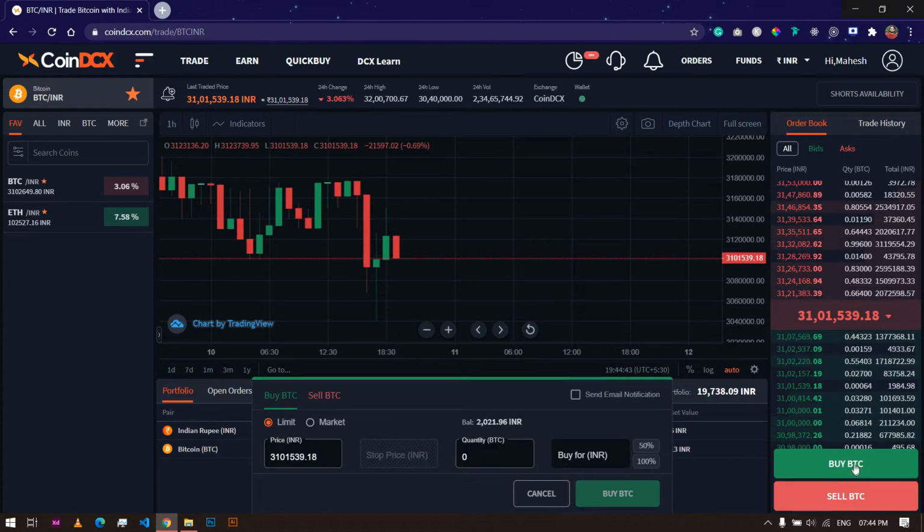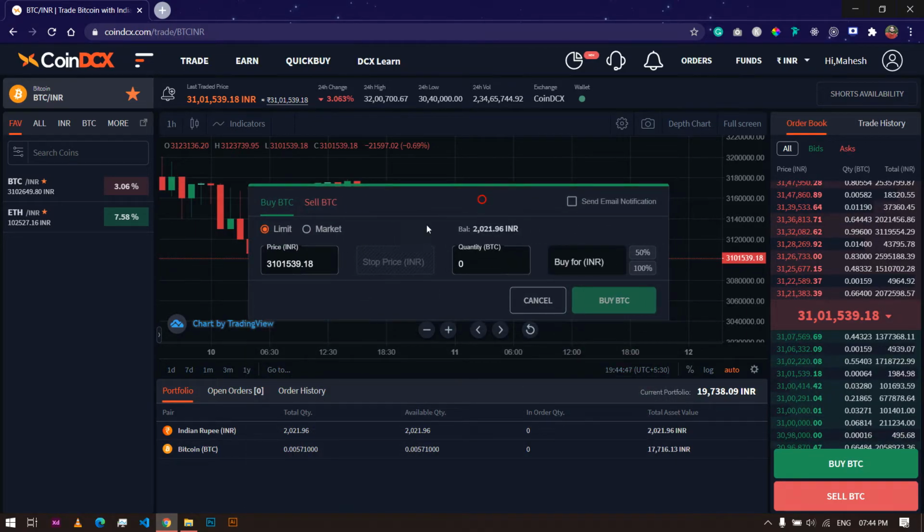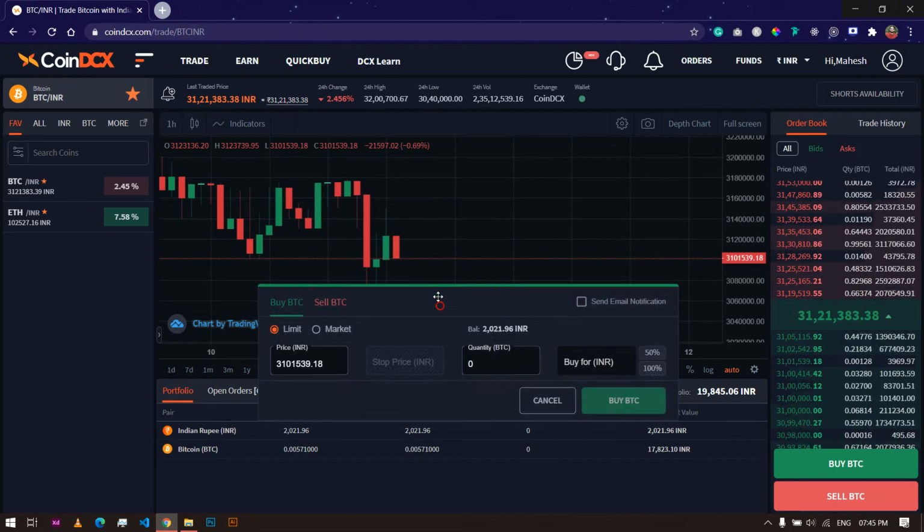So I clicked on buy BTC here. You will get this particular screen. Now at what price do you want to purchase? So I want to purchase at 31,05,000. So I'll just click on this and here you can see the changes. If I click on this, here the price will change.